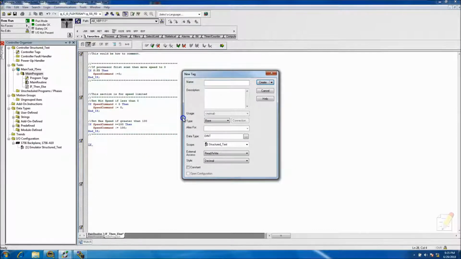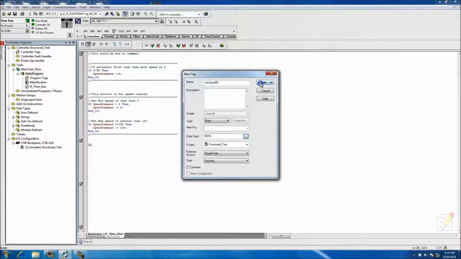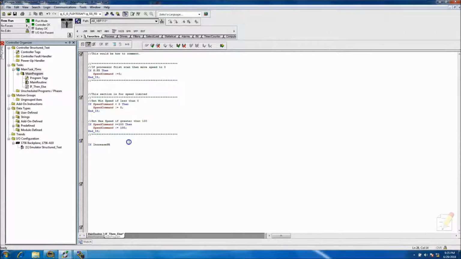We'll say if increase PB, and we'll make this a bool instead of a dint. So we'll say if the increase PB happens,